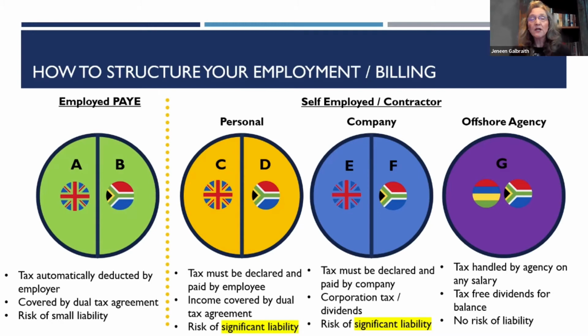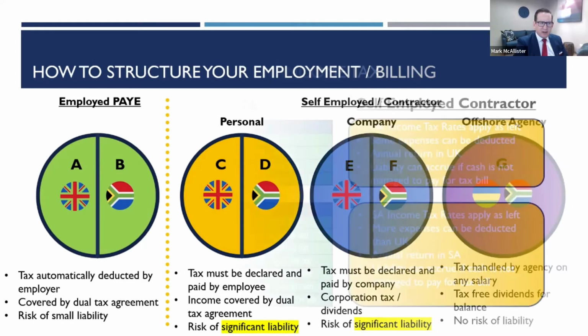So if you've got something like that, where one can look at that and maybe be earning more than a market-related salary for the role that you're doing, it can be very good to structure it in this offshore foreign agency. Yeah. So the message really is there are 7 main scenarios that you can consider. Most of the people on the call will probably be looking at one of these 7 scenarios, and just be mindful of all of the points that we've raised, whichever route you go. And if you're not sure, reach out to us to have a further discussion.